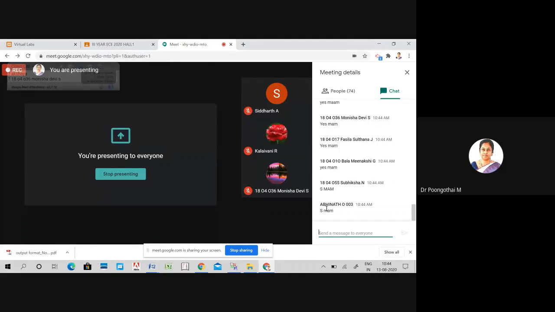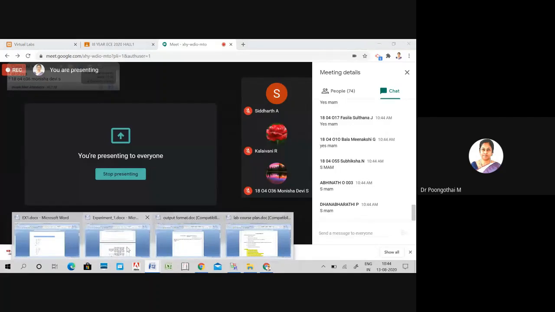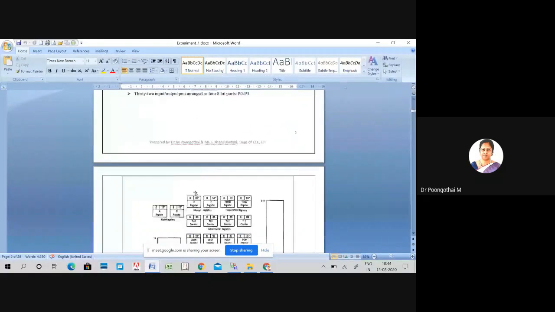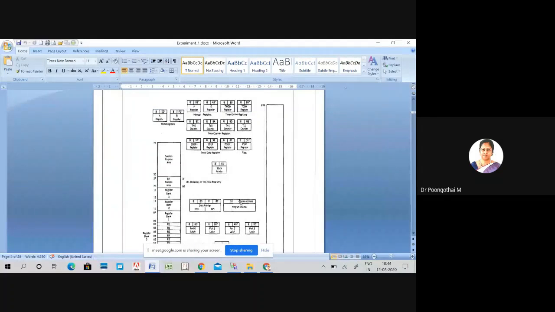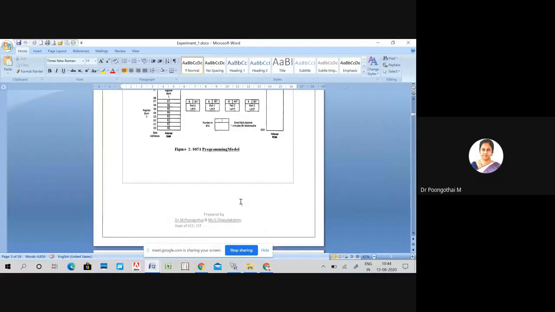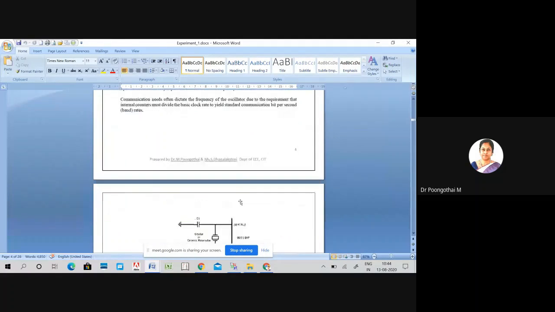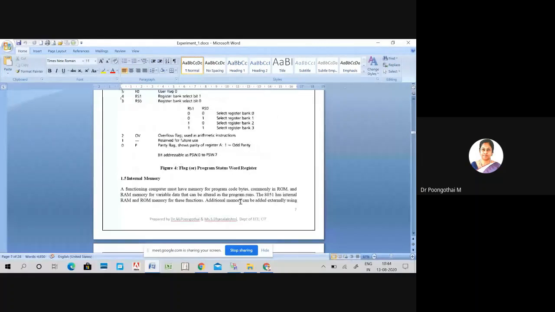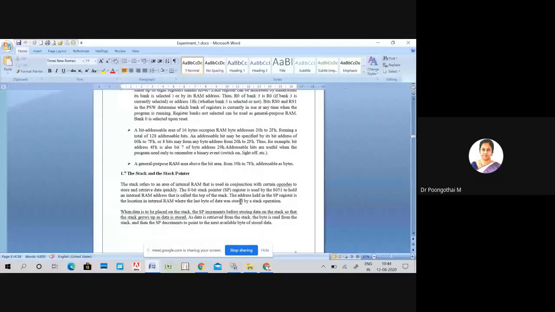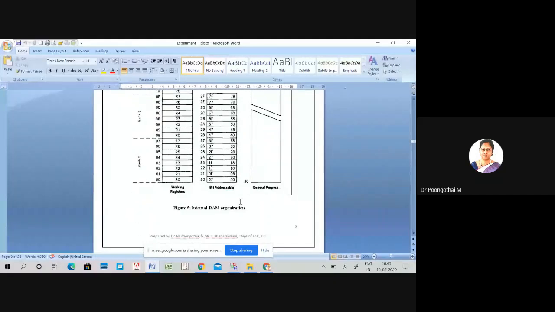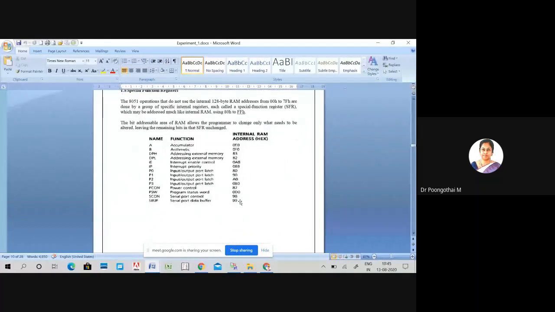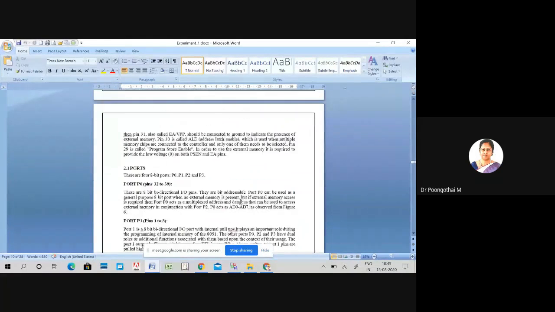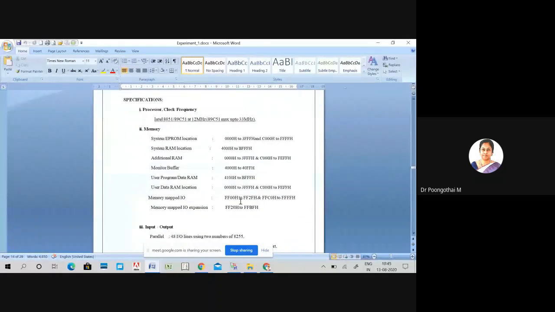Actually, the study material describes your 8051 architecture, all your special function registers, that is, the programming model of 8051, the pin diagram of 8051, internal RAM organization, internal memory accessing, and all your pin details of 8051.